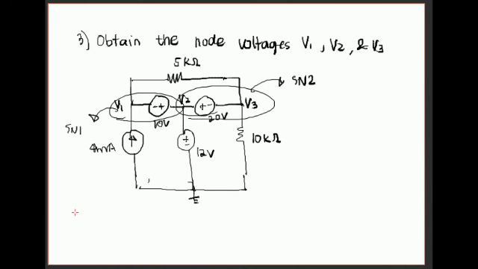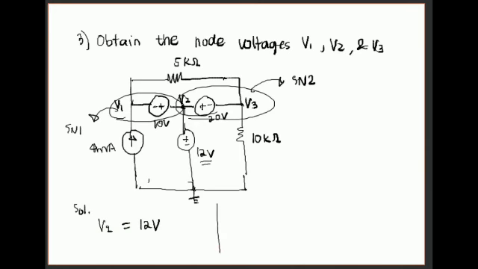Also, by case number 1, if we have a voltage source, for our circuit we have this 12 volt source connected to a non-reference node and the reference node, hence this V2 is equal to 12 volts